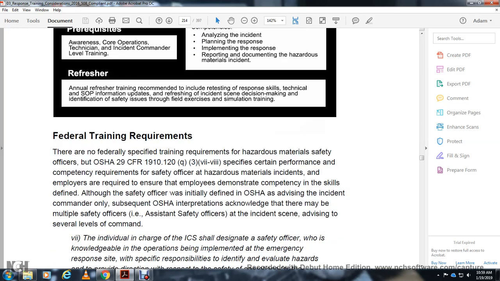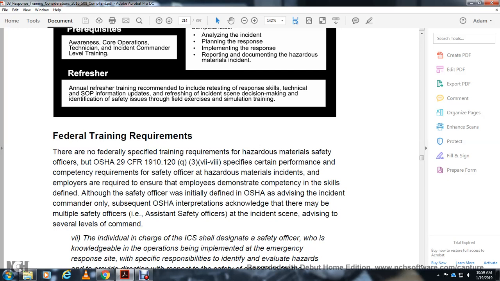Field training requirements: there are no federal specified training requirements that pertain to the safety officer. OSHA Title 29 CFR 1910.120 (q)(3)(vii) through (viii) specify certain performance requirements. The safety officer has the material incident with employers, rather than ensuring that employees demonstrate competency and skill to define all of those safety officers. Initially, OSHA decided the incident with the commander only; subsequent OSHA interpretations note that there may be multiple safety officers, assistant